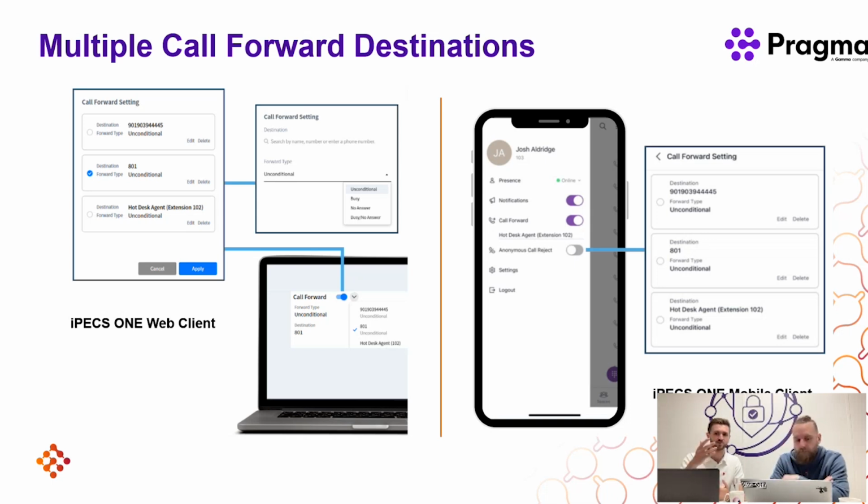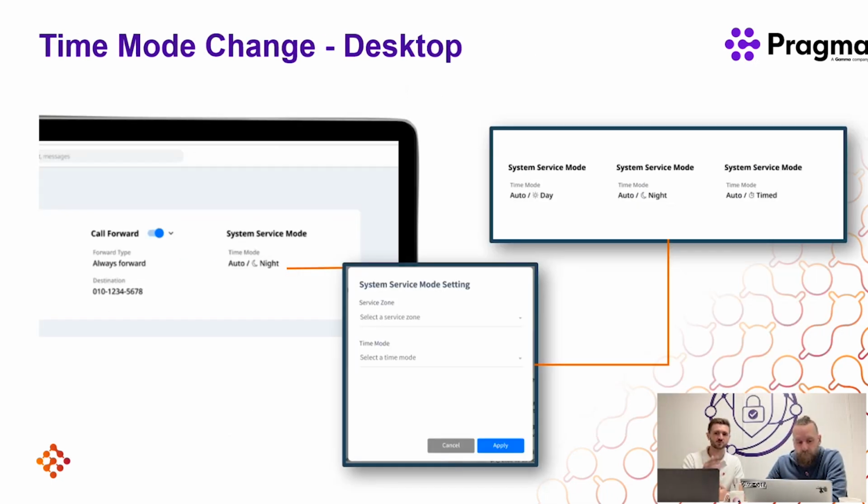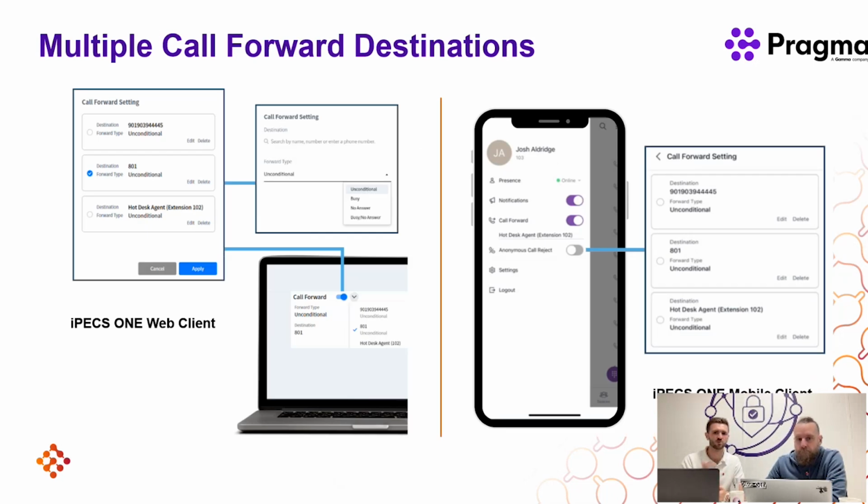Exactly, yeah. I think the best use case would be, when I'm in the mobile client, a great example, maybe going into a meeting, I quickly need to change something. Maybe it was to my voicemail before for the call forward, but now it needs to go to Jen in the sales team. So I can have those preset and not go in and alter all the time. And then if you're going for your lunchtime run, quickly, I'll get slapped on the wrist for that one, or even you. But yeah, nice add-on now.